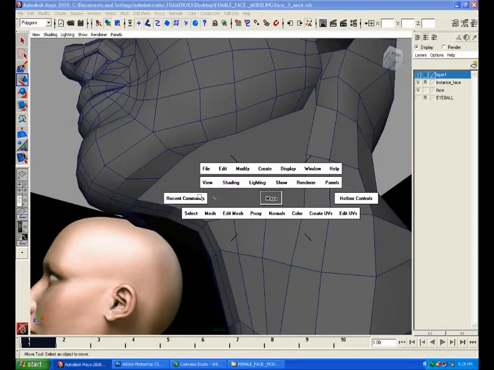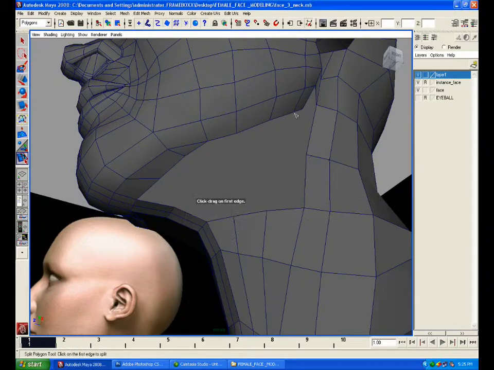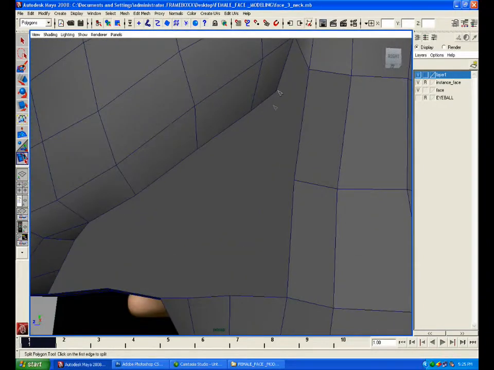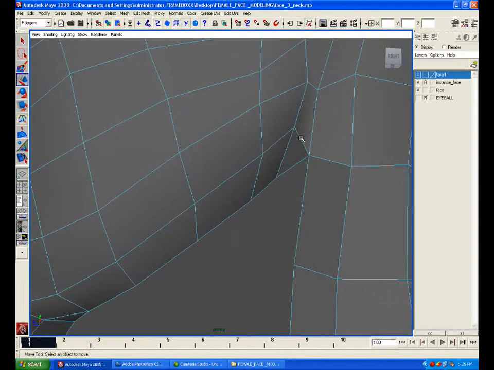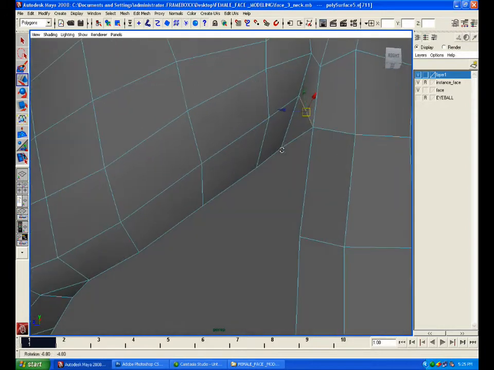Now select and fill hole in the mesh menu, and then split polygon tool,